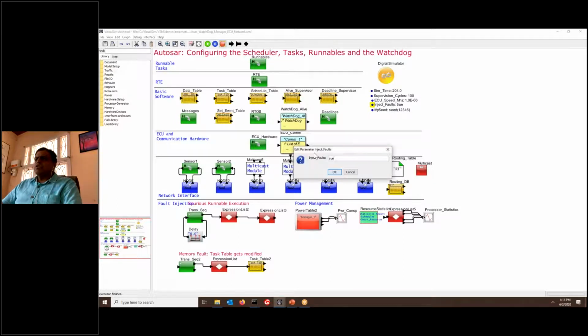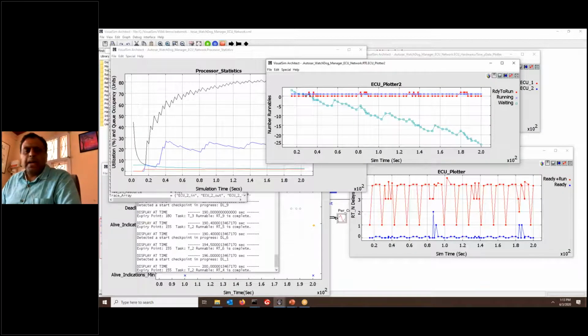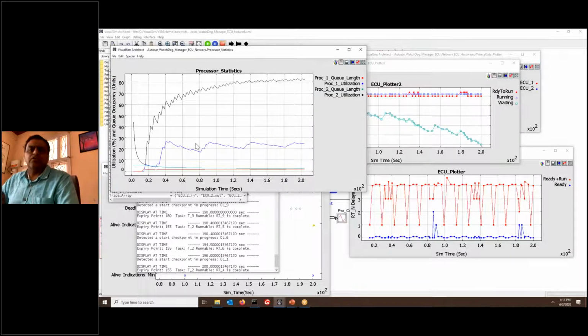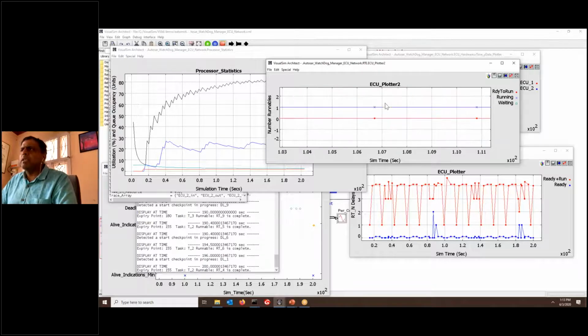What I'm going to do is change this to false. Oops, I'm sorry, I inverted it. So this one, for example, is where I do not have any fault in it. You can see ECU 2, processor 2 has about 80% utilization. Processor 1 has 20% utilization. But now, when I look at ready to run and running, there's a very small range. The latency between them is extremely small, which means there's almost nothing waiting. As soon as you're ready to run, there's always an ECU available, and it starts